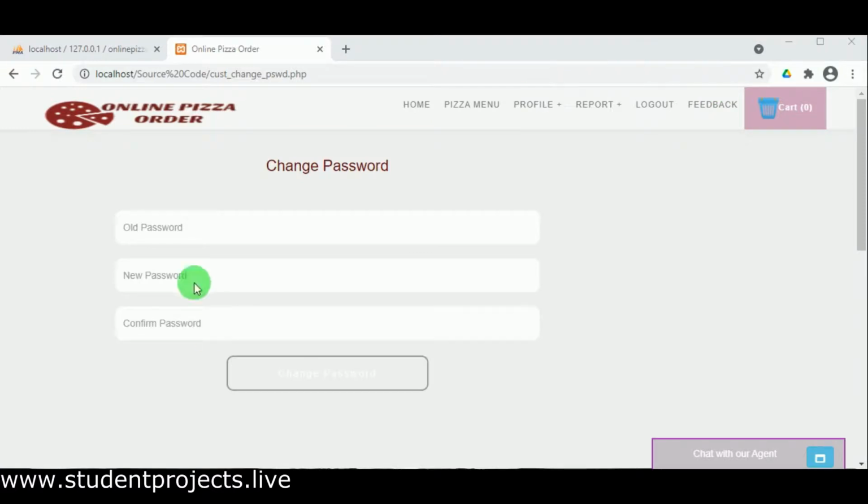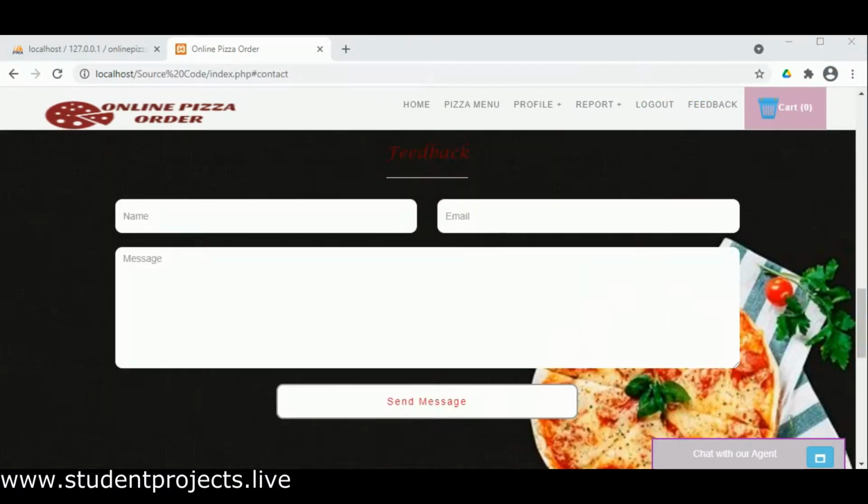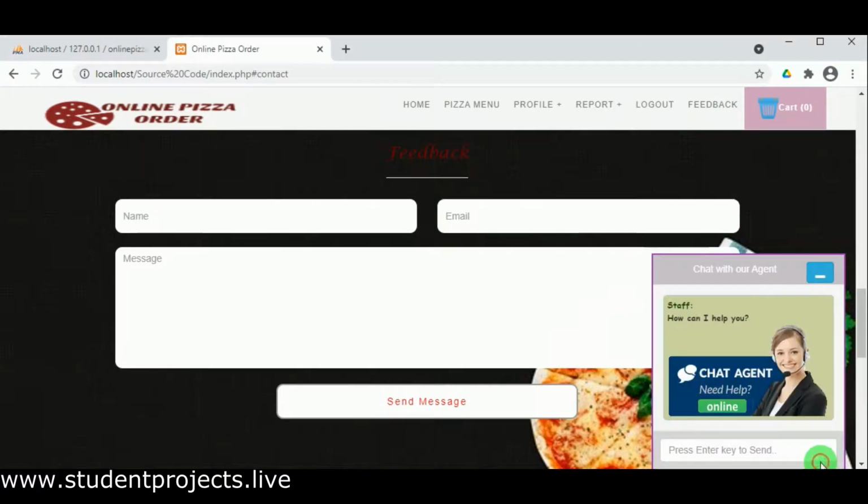The customer can view under billing the order made by them, and in change password, here the customer can make changes to their password, and in update profile the customer can make updation to their profile. And in feedback, here the customer can give the feedback to the portal, and you also have the chat option where the customer can chat with the agent or the staff of the website.